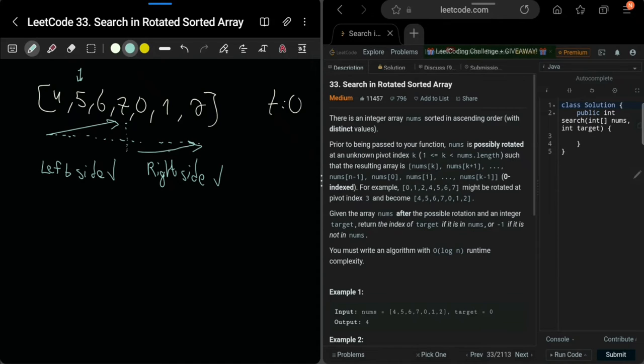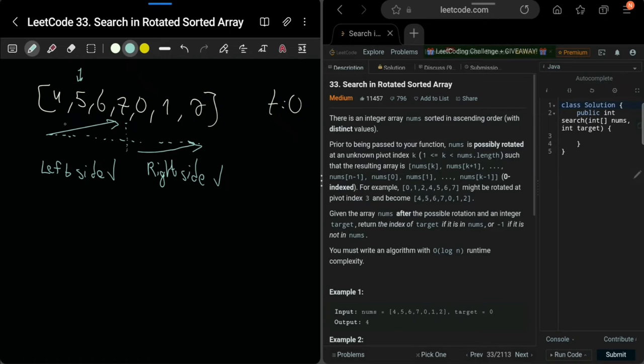If I'm on the right side and the number I have is higher, it could be here and it could be here. If it's smaller than this right side, then it's only here, and I can actually move the left pointer to here. The middle would be here and the right would be here, because I know that my number is larger than the current number that I landed on, and I know I'm on the right side. So you see we have all these